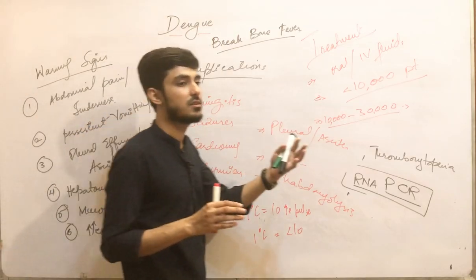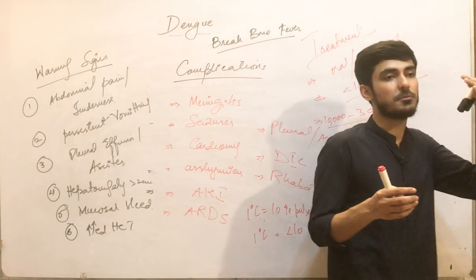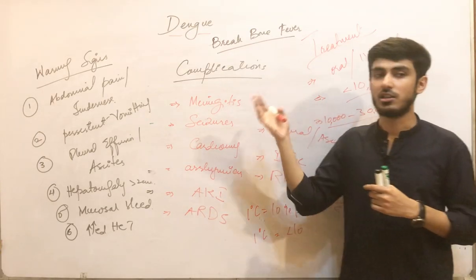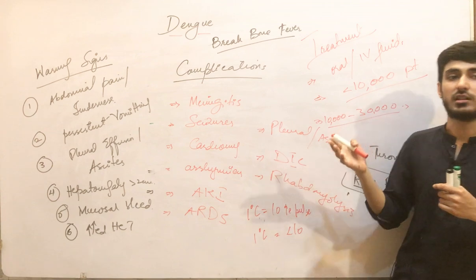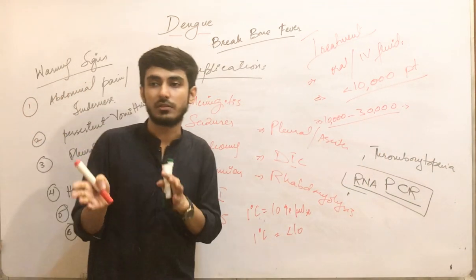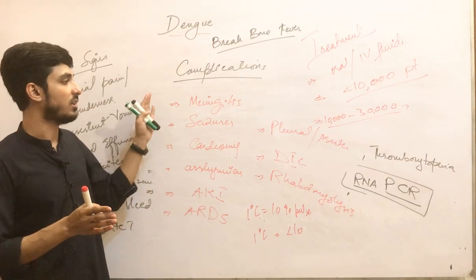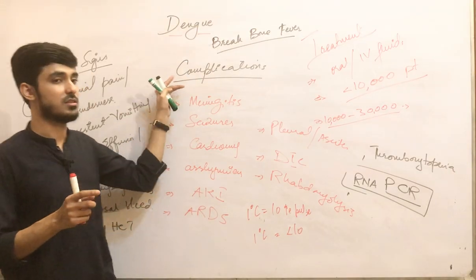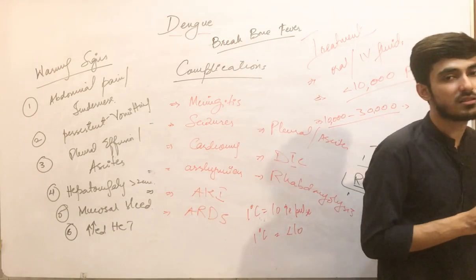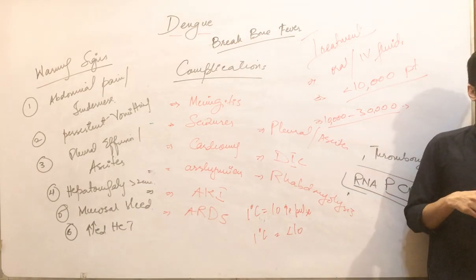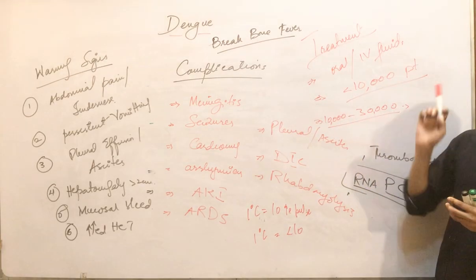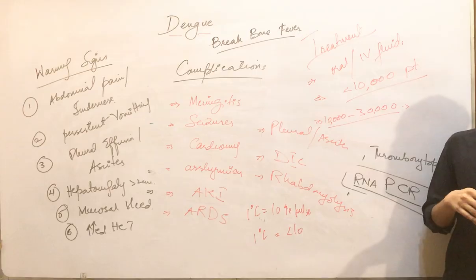Then we studied the phases: the febrile phase, the critical phase, then the recovery phase. Then I told you about the maculopapular rash in dengue. Then we studied dengue hemorrhagic fever and dengue shock syndrome, and the differences between these two. After that I told you about the investigations: CBC, NS1 antigen, PCR, serological evidence. These are the tests we carry out for dengue. And then the treatment of dengue, the main treatment being oral and IV fluids, and the complications that are